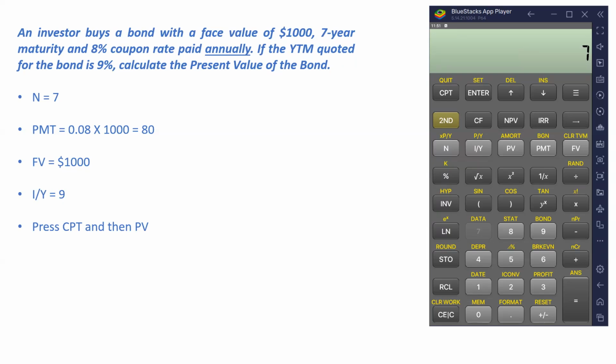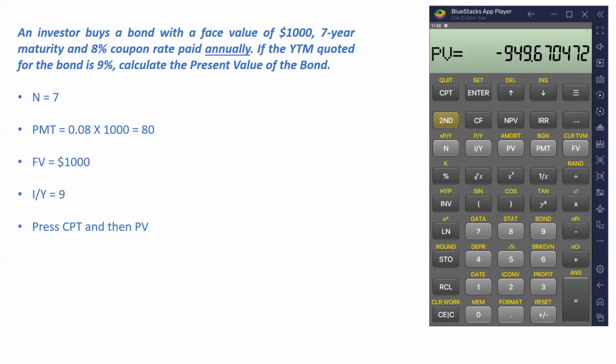So I'll press 7 and then I'll press N. 80 is your PMT. 1000 is your FV. 9 is your I/Y. Now, as you can see in this question, the order is not important. So I've entered the values randomly. And then at last, compute. And we are trying to find the present value. So the present value is minus